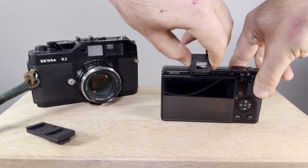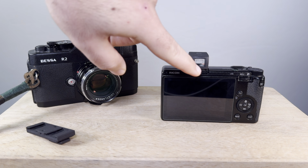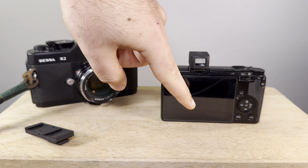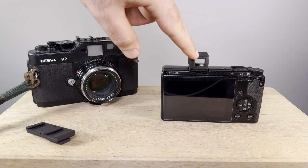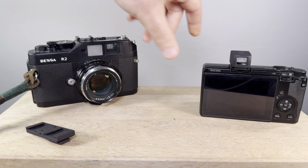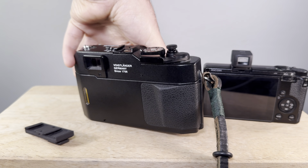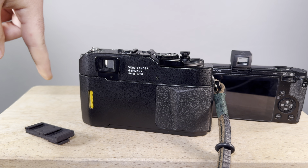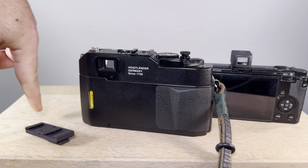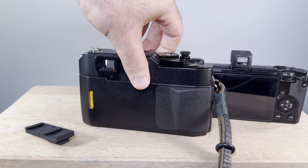The viewfinder attaches to the hot shoe, which is right in the middle, but it's kind of cumbersome to get your eye there. Your nose is touching the screen, it's pretty tiny, it's not very comfortable. I like using this rangefinder partly because, look, I have room right here for the rest of my face. I can use my right eye to look through the viewfinder, and everything else is nice and comfortable for me